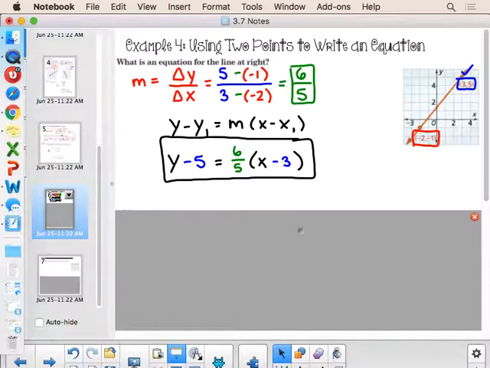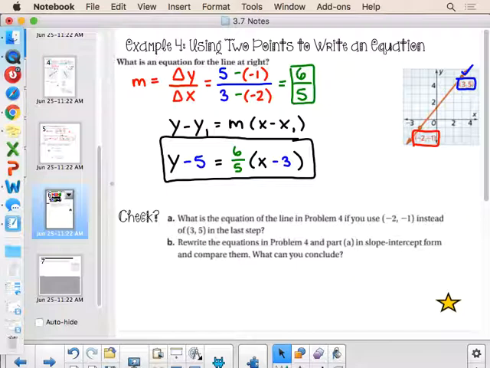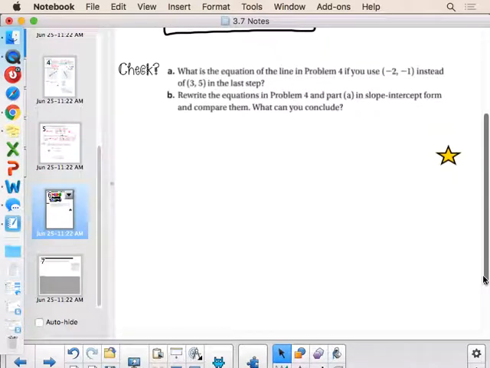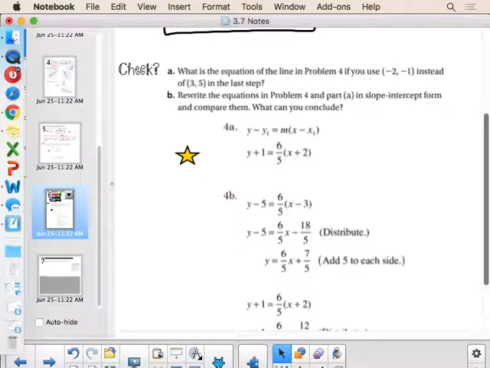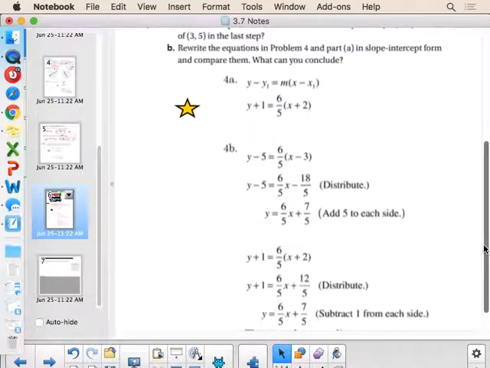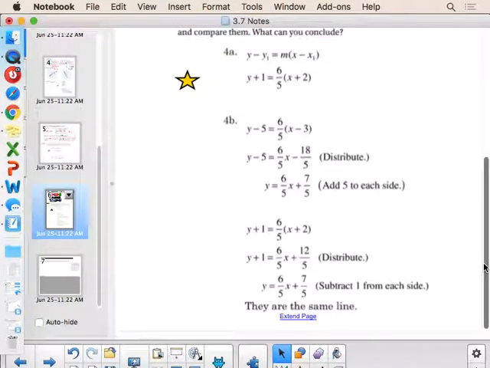Once again, it is an expectation that you have the ability to turn this into slope-intercept form. Here's your turn. Alright, so let's check your answer. If you did not get the answer correct when converting it into slope-intercept form, please check over your work. Please remember how to isolate your variable.